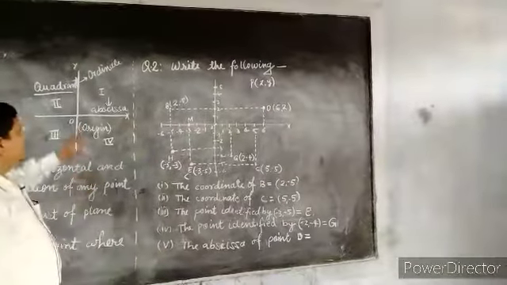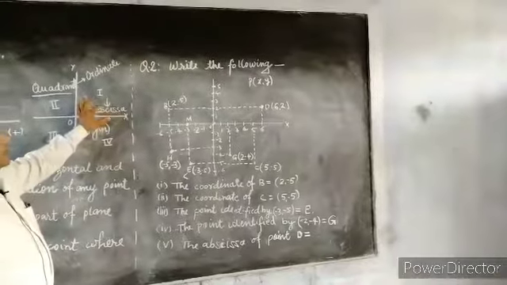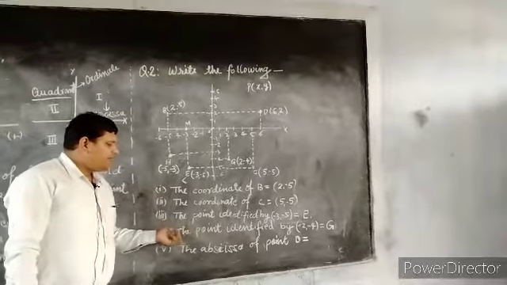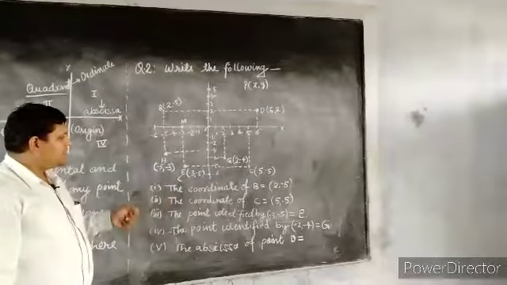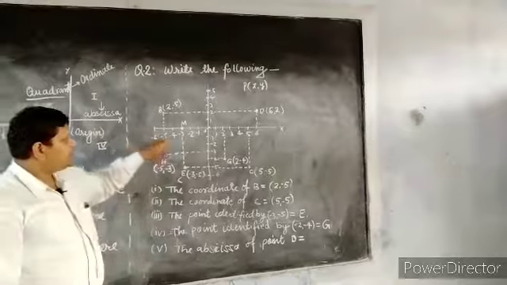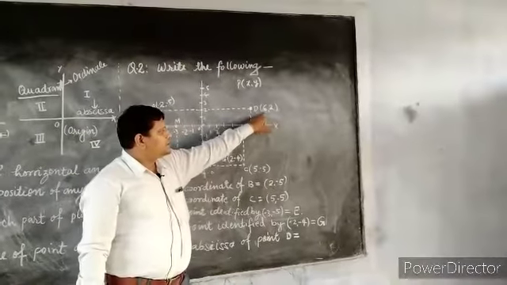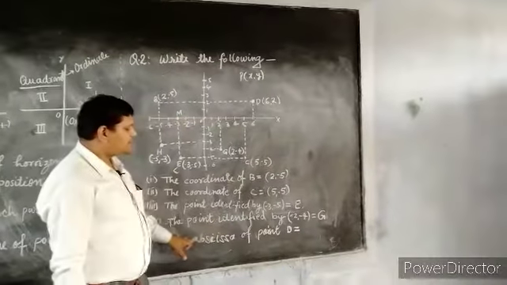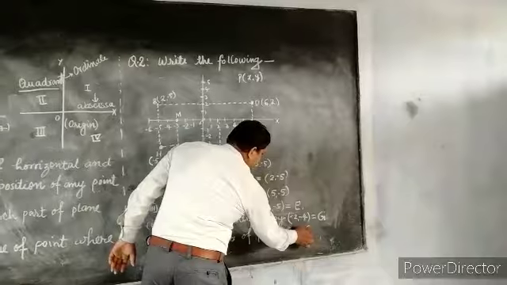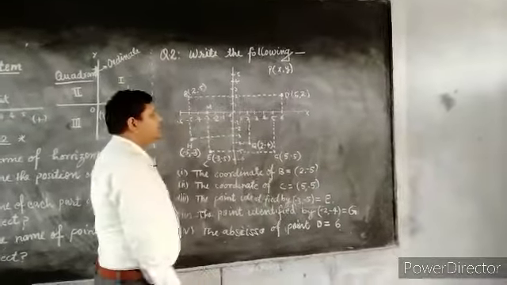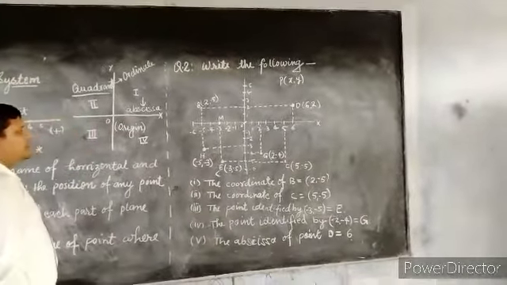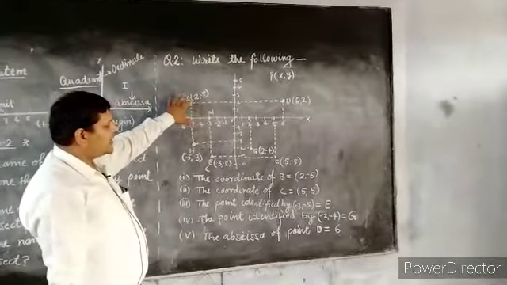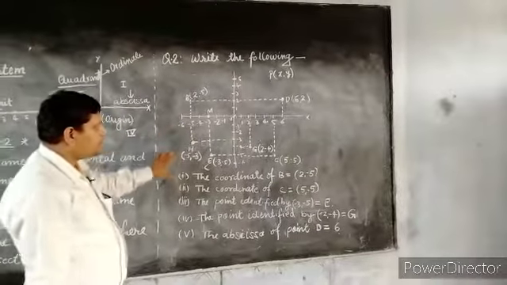And the next part is the abscissa of the point. Abscissa, I have told you, means the x-axis value and also the coordinate of x. So the value of x for point D. This is your point D. This value will be abscissa and this value will be ordinate. So the value of abscissa for point D is 6. So I think you have no problem finding the abscissa and ordinate for all the points. Okay.